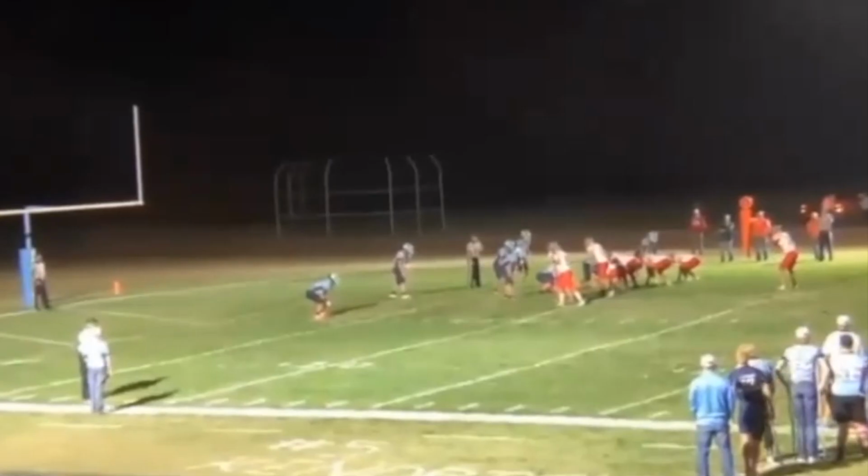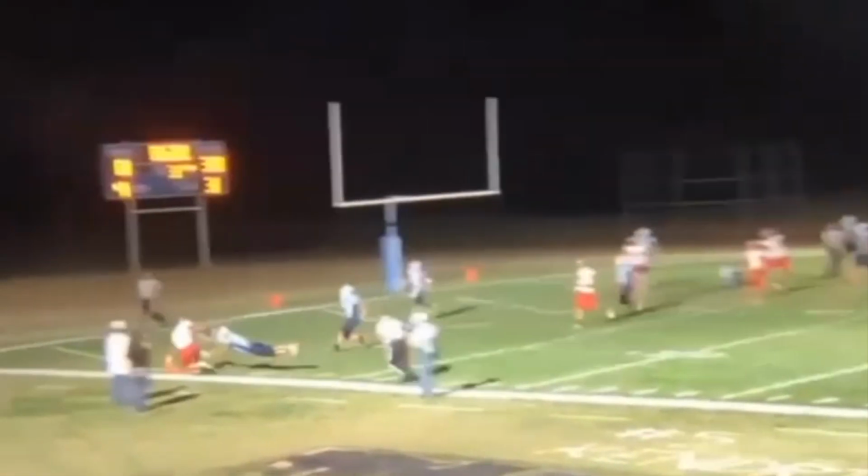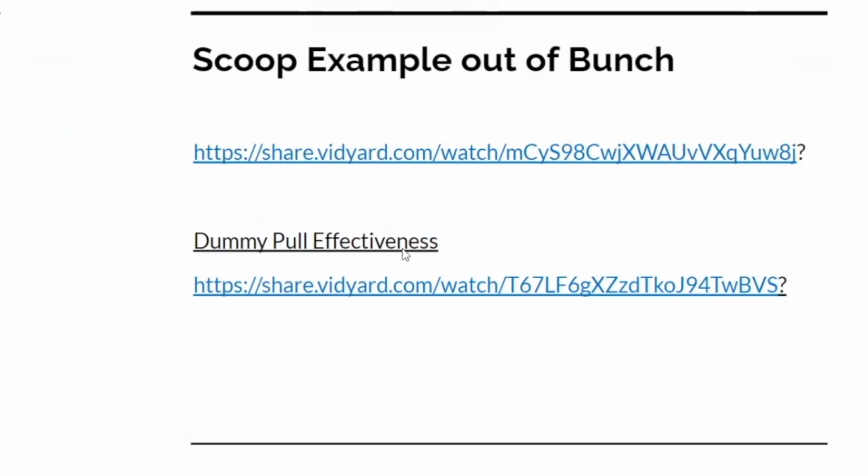So, do you have any questions on that, Coach, at all? Not really the dummy pull, but I'll go back to the crash center trap there. What would you say is the game plan as far as when you're going to call that play? Is it more against an even front and your center's free, or is it for teams that read guards, like you said? It's just more for those teams that really read guards hard.